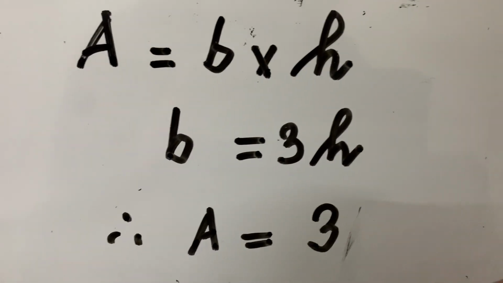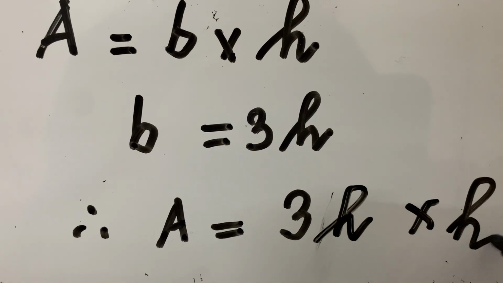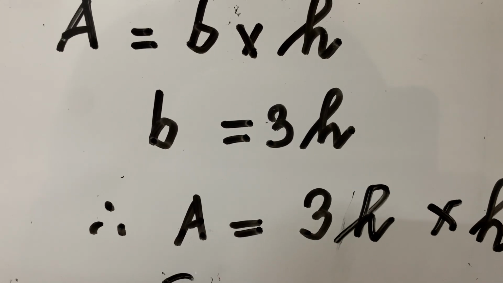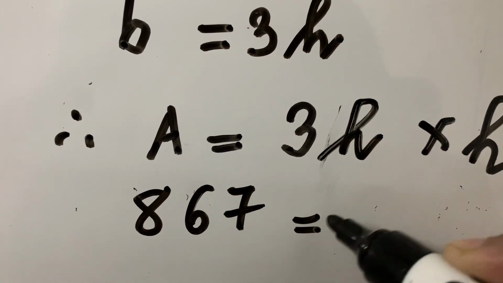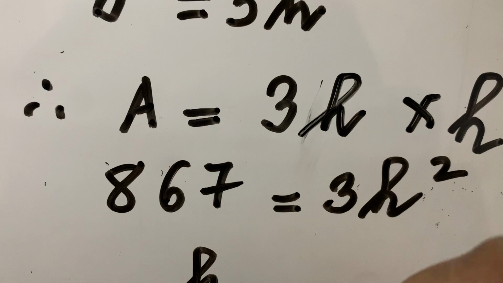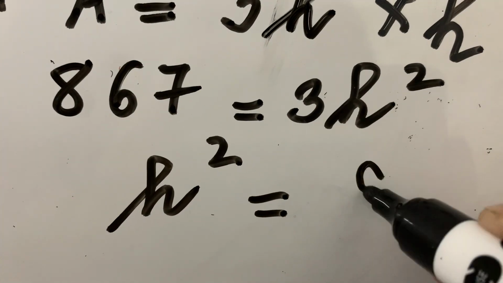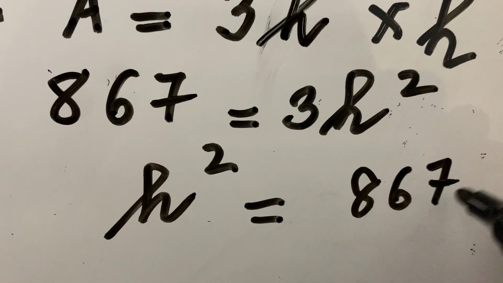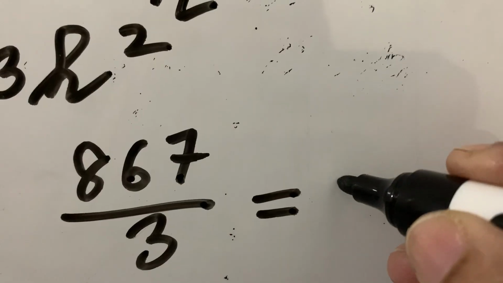So the area will be 3h into h. Area is given as 867 equal to 3h square. So h square will be equal to 867 by 3, which is equal to